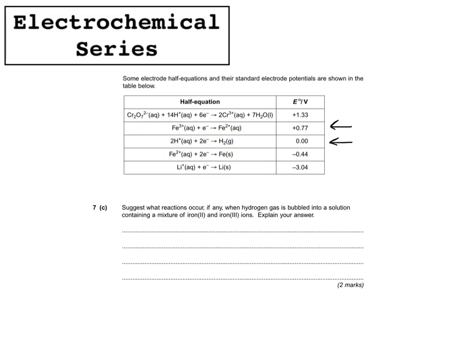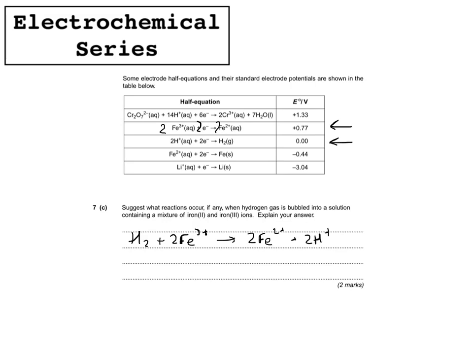So the hydrogen is going to lose electrons and form H+. So one reaction that will occur is that H2 will react with Fe3+ to make Fe2+ and H+. And to do that we need to multiply up this top equation by 2 and then add them together. So we'll get H2